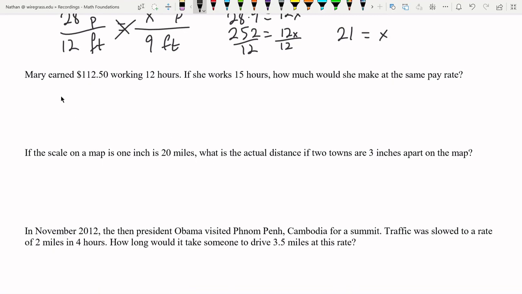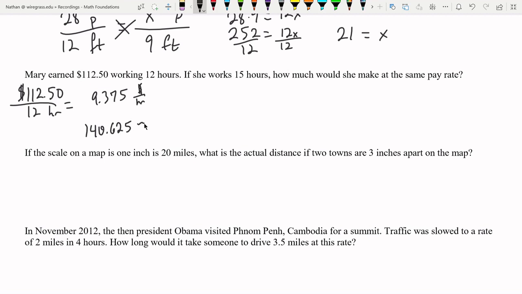Okay, Mary earned $112.50 working 12 hours. If she works 15 hours, how much would she make at the same pay rate? What we could do here is find the unit rate of pay. So $112.50, that's going to be dollars for 12 hours. That's going to give us $112.50 divided by 12. It gives us $9.375 per hour. So if she makes $9.375 per hour, all we have to do is multiply that by 15 to give us